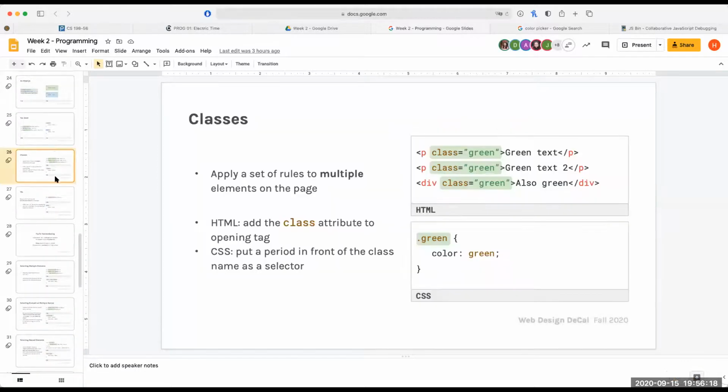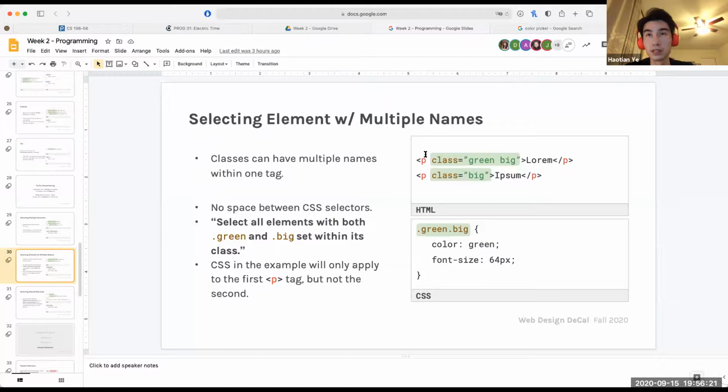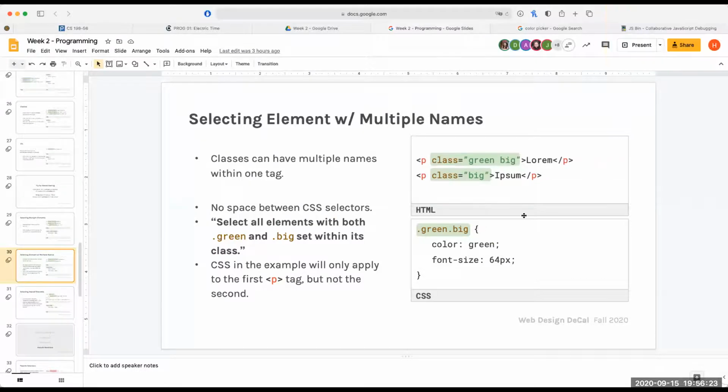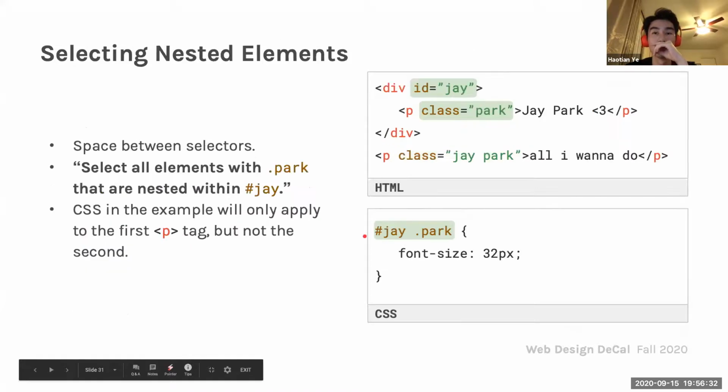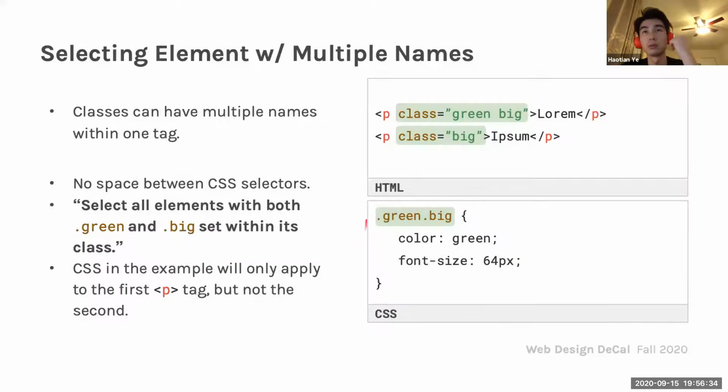So where was that slide? Like this example here? Yes, would you have to have a big and a green, or can you just have the big green and that's it? So yeah, if you only want to select this first element here because it has both names, green and big, you have to specify both of its names in order to select it. Or I mean, you could select green and it'll do the same thing. That also works if that's your question.